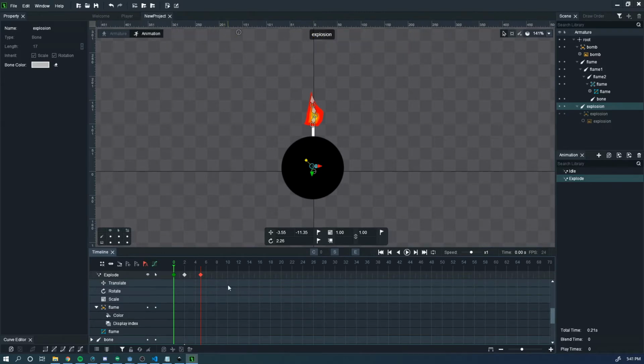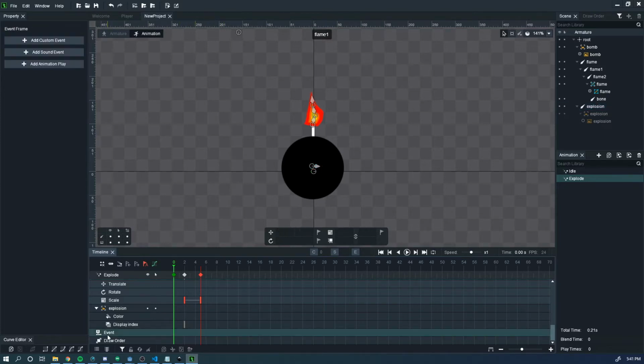So now we're going to define the events that I'm going over in this lesson. The main event, here it comes. You see here in our DragonBones project, we have an event track. And on the left, once you click the event track, you'll see add custom event, add sound event, and add animation play. So here, at the beginning of the animation, we want to play a sound, add sound event,